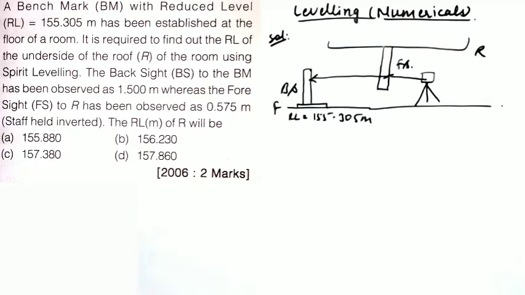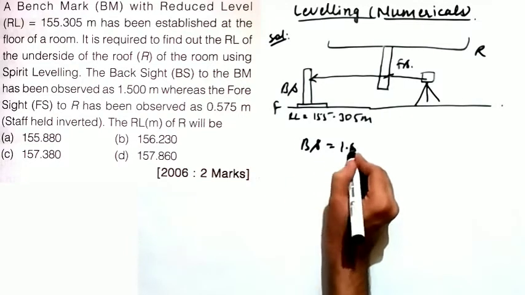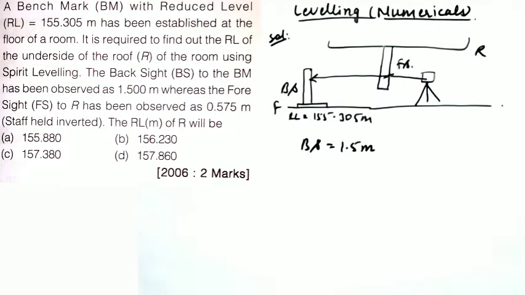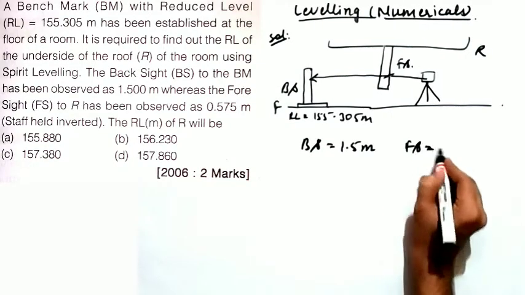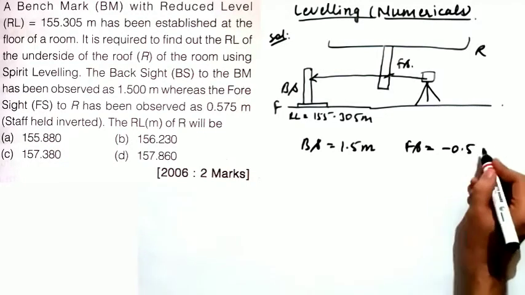You will mention the foresight reading as negative. Suppose it comes out to be 2.6 meters, then this will be minus 2.6 meters. The BS will be positive since it is taken in a regular manner. Now you are given the backsight reading as 1.5 meters, and the foresight reading, that means FS, is given as 0.575, minus 0.575 you will write